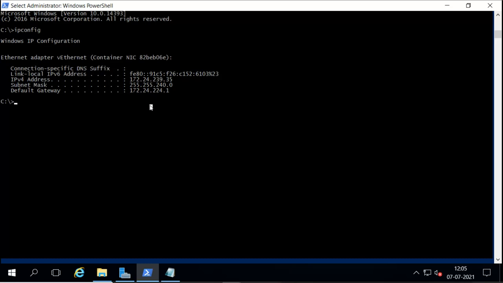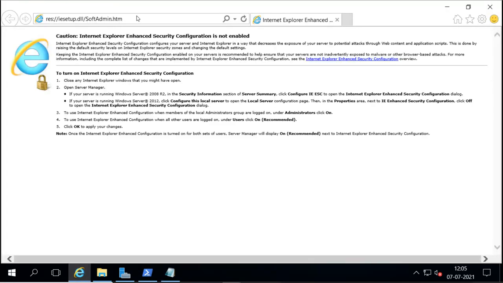Now we want to test whether the web server of this container is running or not. So I will go to the browser and use the IP address of that container.